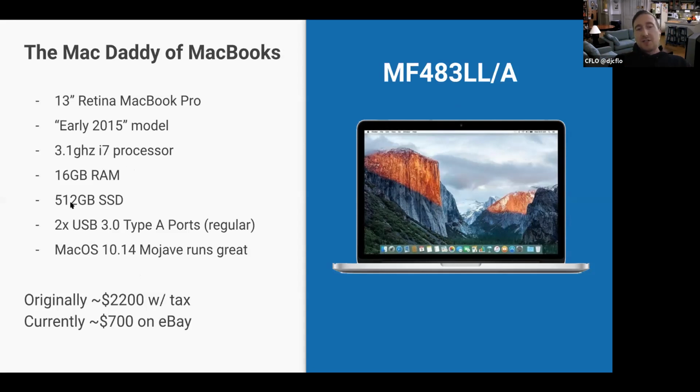Now, you can actually get the same configuration with a smaller hard drive, a 128 or 256, and you can upgrade the hard drive aftermarket to 1 terabyte or even 2 terabytes, and it's one single screw. So as long as you plan on running Mojave, which you should, especially on this computer, you can do that upgrade. So if you're shopping around and it has a 3.1 and the 16 gigs of RAM, it doesn't matter what hard drive you're going to get if it's within your budget and cheaper for the one with less capacity. But you cannot change the RAM after the fact. So I would recommend against an 8 gig RAM unit.